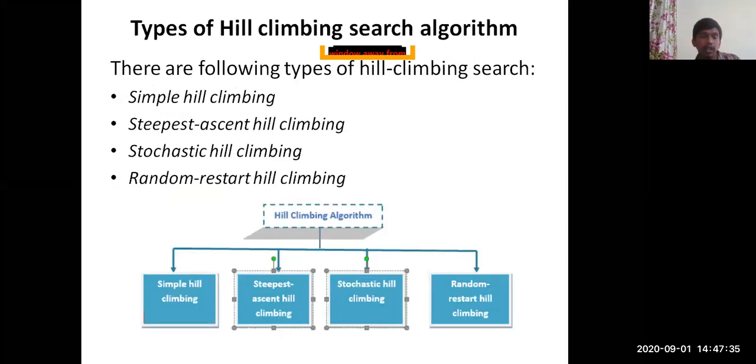Again, talking about the types of hill climbing algorithms, there are 4 different types. As part of our syllabus, we discuss the simple hill climbing algorithm. But apart from this, we have 3 more: steepest ascent hill climbing, which is about how to approach things when you have a steep slope. Next one is stochastic, meaning something complex or random, and then random restart hill climbing, where wherever you stop, you start again from a random place